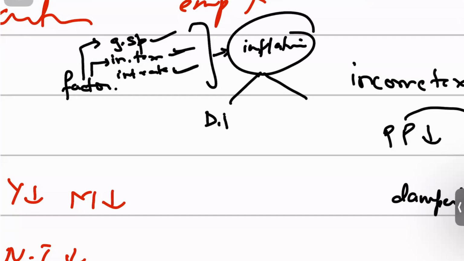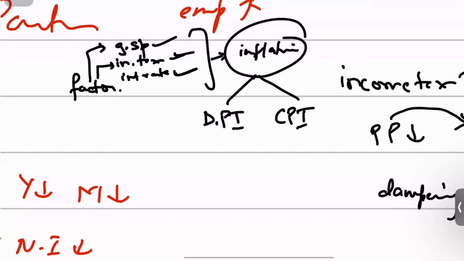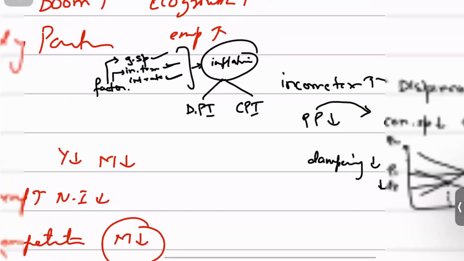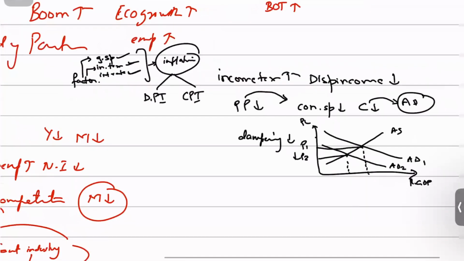Think about demand pull inflation as well as cost push inflation, right? You need to think about both. So don't just think about demand pull inflation. There has to be a link, because when they're talking about inflation, there has to be a link to both types of inflation. And yes, apart from demand pull inflation, there is a link with cost push inflation as well. Because what's going to happen is that when